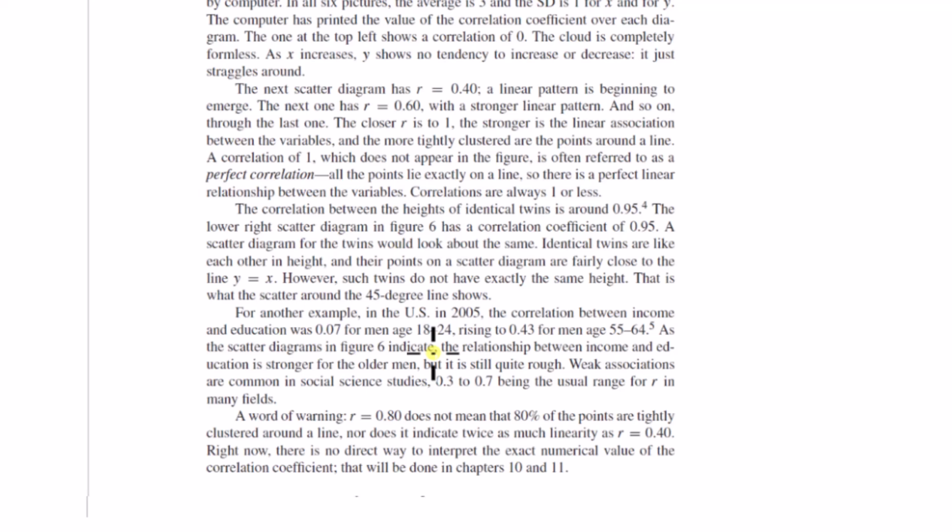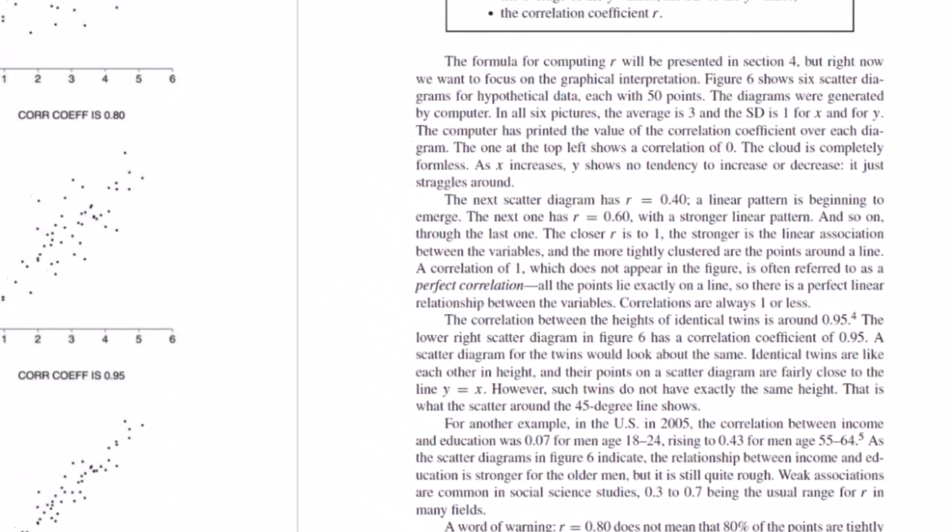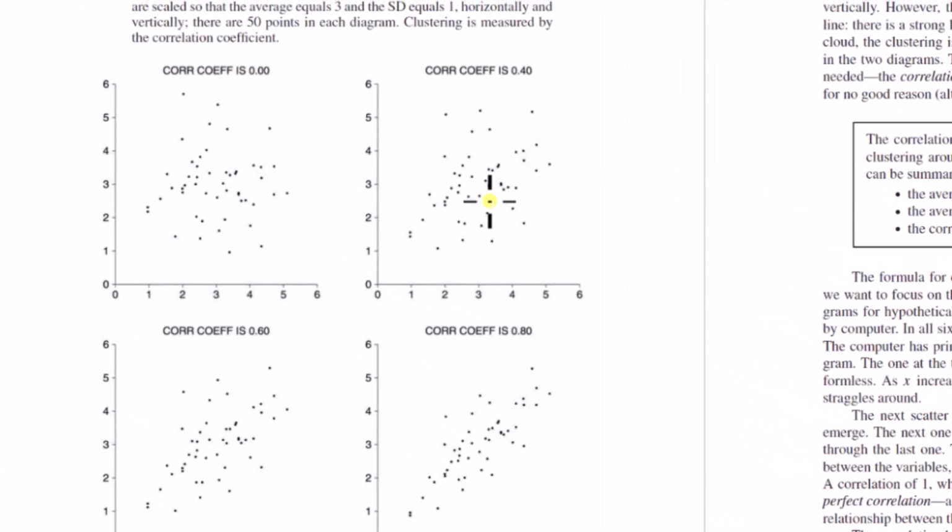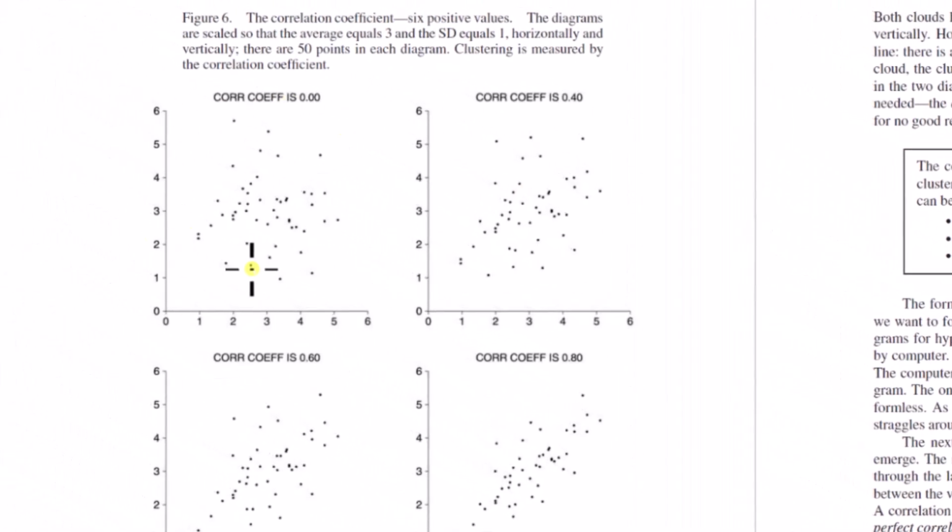Because 0.07 is closer to 0. So for income level and education, among men 18 to 24, you have guys